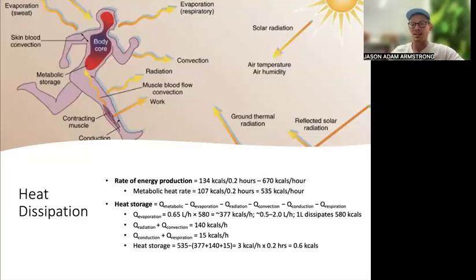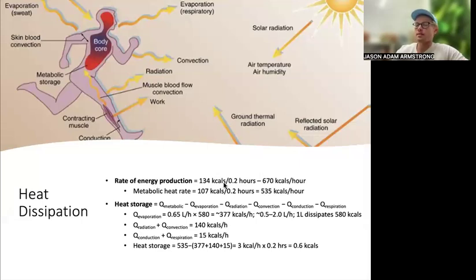I'm not actually going to go into the physiology, but it's really interesting how we lose heat through respiration. It's not the same as evaporation. It's about water changing states. Anyway, really interesting stuff. So if we come down here, the rate of energy production, we already calculated, is